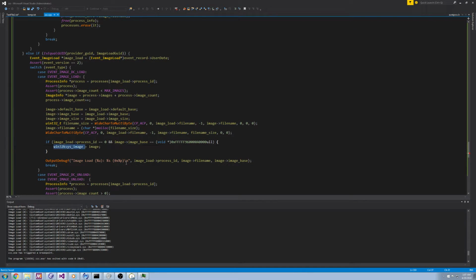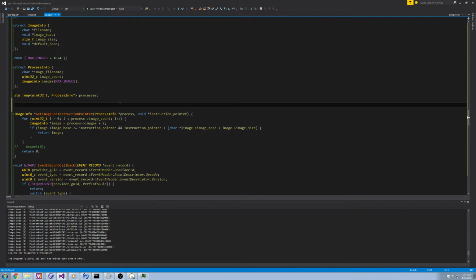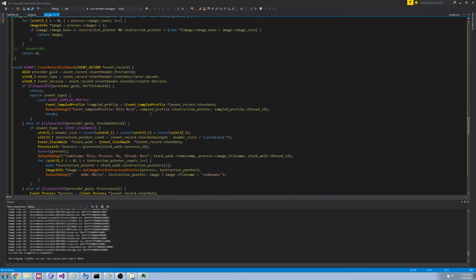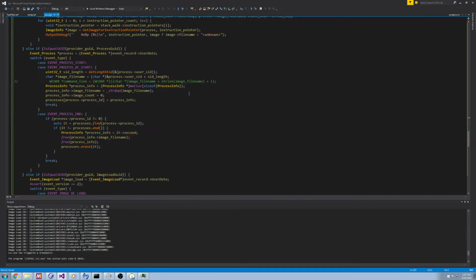So I'm going to make a hack here, and for all I know, this is actually what xperf does. And then anytime there is a process creation,